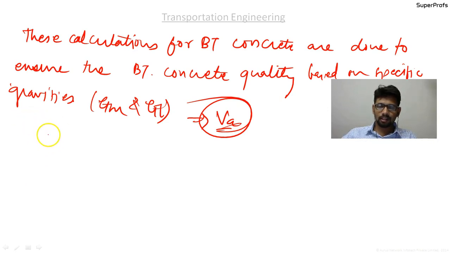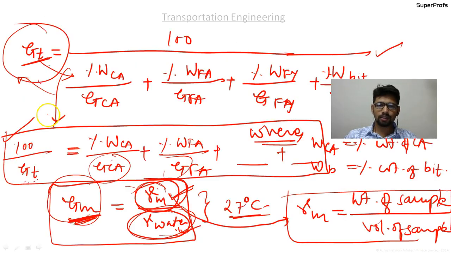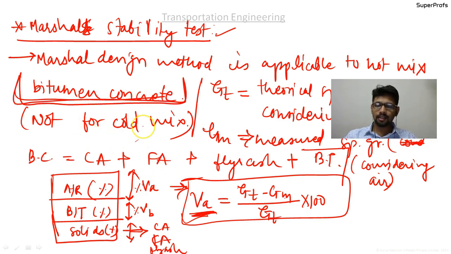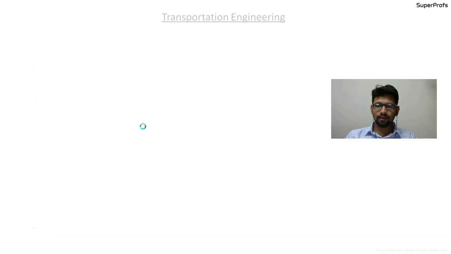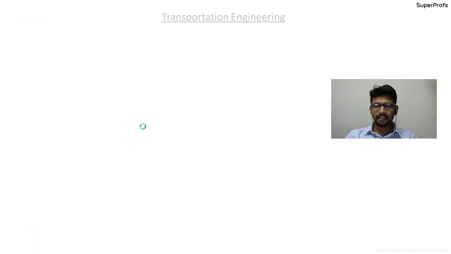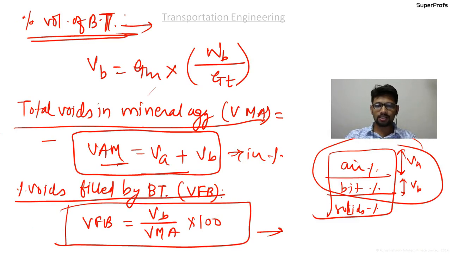What we started with was the discussion for the Marshall stability test, but for explaining the Marshall stability test I needed to first explain what bitumen concrete is, and once we started discussing the bitumen concrete we continued with the discussion and tried to find out the specific gravities, what the voids are and everything, and a few calculations related to it, and we did not discuss the Marshall stability test at all. So after this discussion on the bitumen concrete we will be taking up the Marshall stability test.